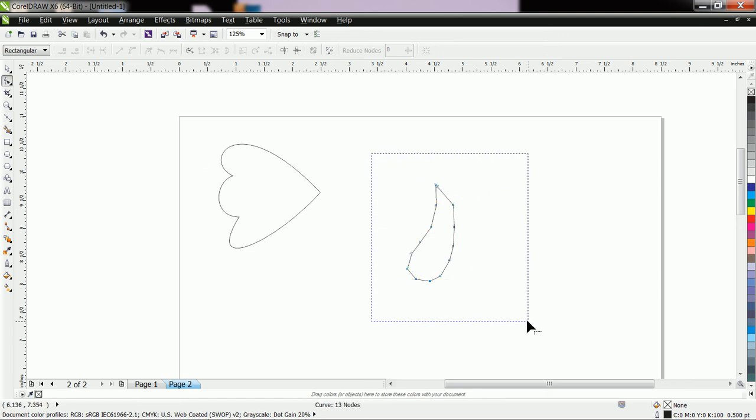Again do the same way. Select the drawing with the help of shape tool, convert to curve and remove the unnecessary nodes. Here you can also remove a single node with the help of double click, or select the node and press the delete button.